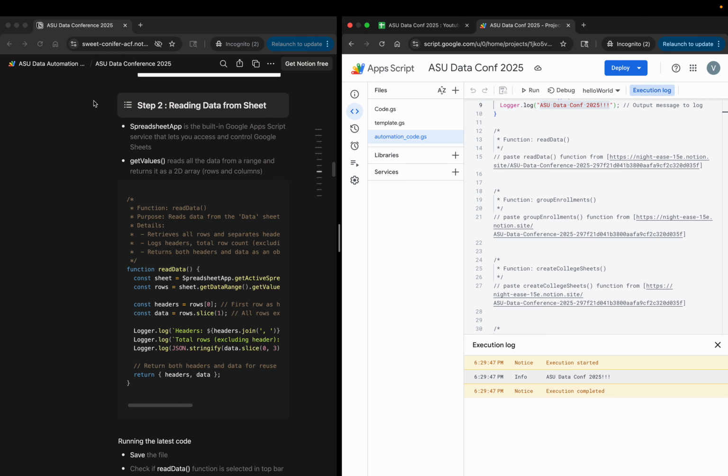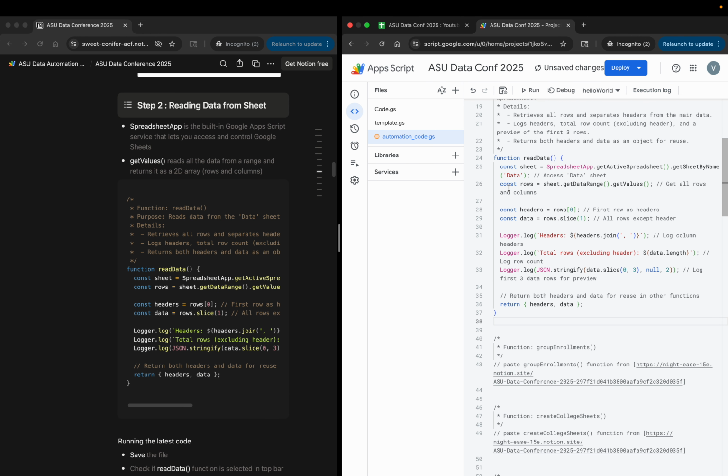So what I would like you to do is copy this code from the resources doc, paste it on line number 16. After this commented lines, paste the code here.